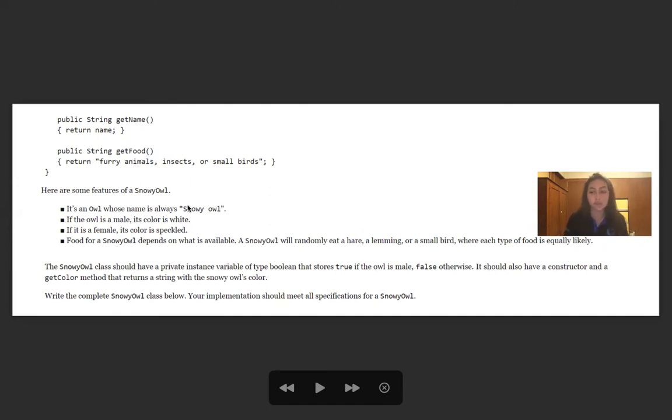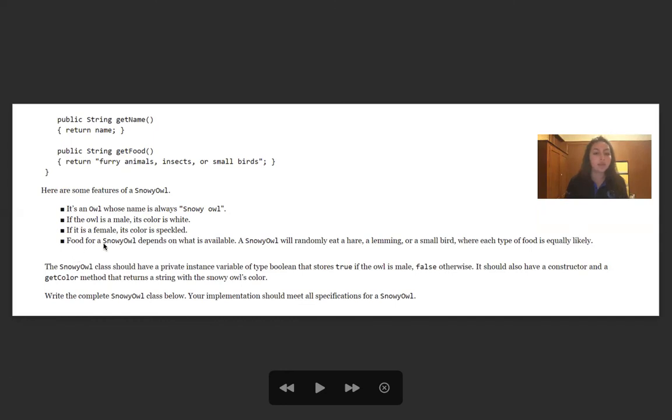Now we have some features of a snowy owl. So a snowy owl is an owl whose name is always snowy owl. If the owl is a male, the color is white. If it's a female, its color is speckled. So we can see here, this is probably identifying some behavior we're going to have to implement in our class. Finally, it says, food for a snowy owl depends on what is available. A snowy owl will randomly eat a hare, a lemming, or a small bird, where each type of food is